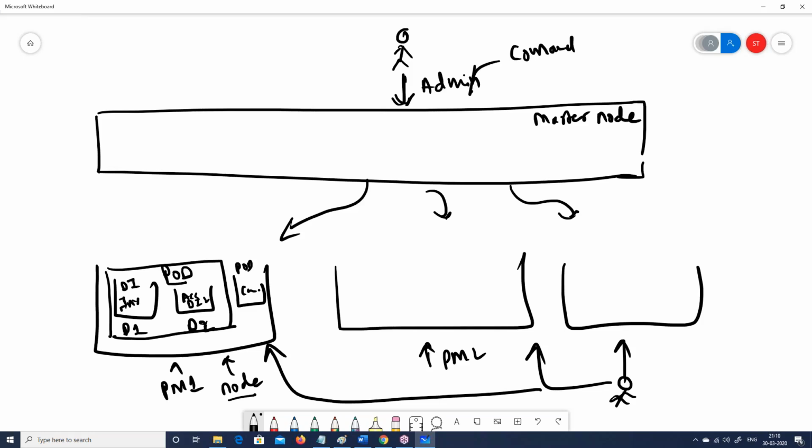I can give commands and the master node will accept it. Or if I want, I can use something called the master dashboard. So there is a dashboard as well, a website made by Kubernetes. I'll show that. By using a simple website also, you can send things. So either you can use a command line or you can use this, right? Master will accept both of them, right?